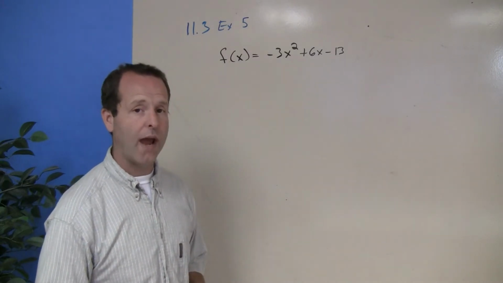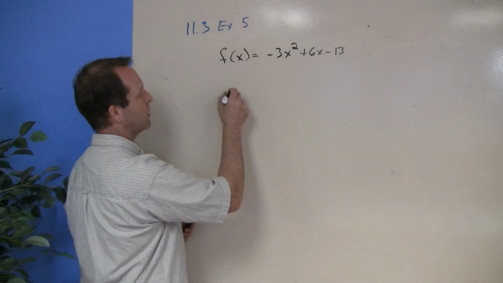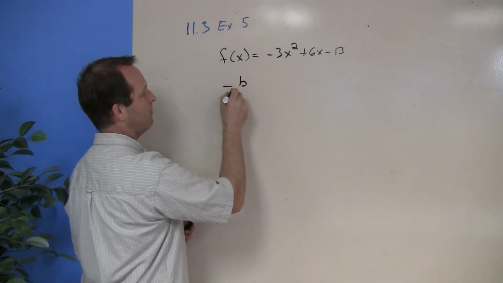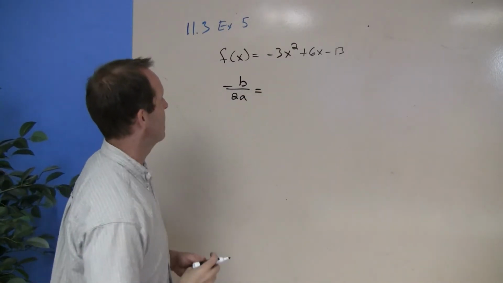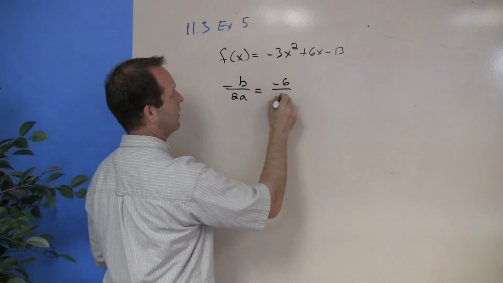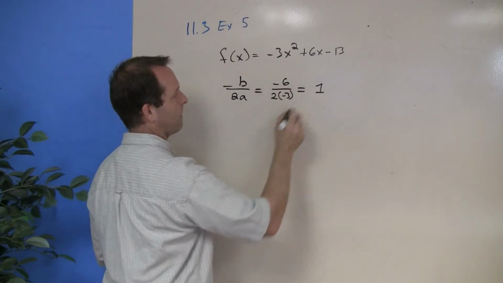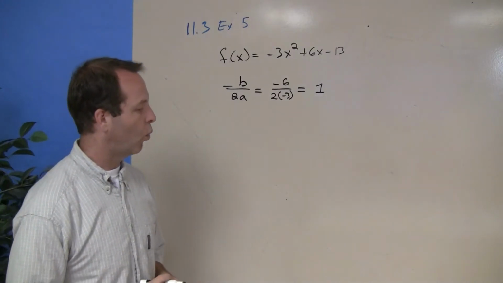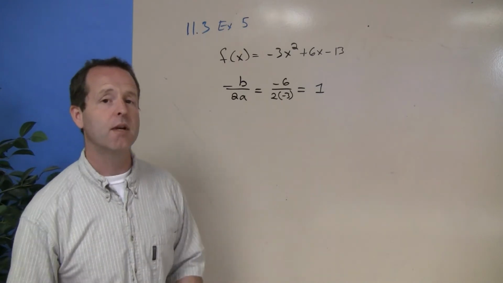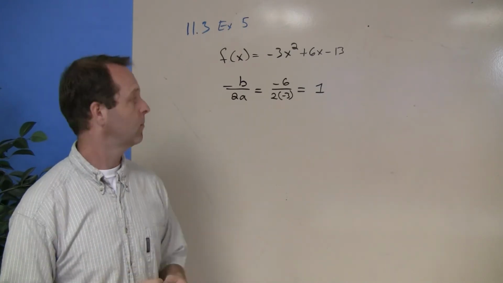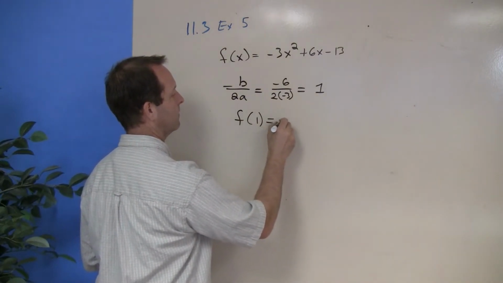Where does that value happen? Well, we can determine that by looking at its vertex. The x-coordinate of its vertex is at the point -b over 2a. That gave me the x value, and to find that, that's -(-6) over 2 times -3, and that's at the point 1. Then I take that 1 and input it back in, and that's going to tell me where its y value is. So this function, evaluated at 1,